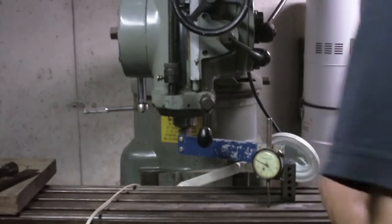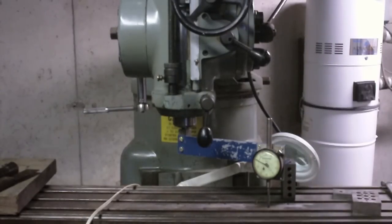And before I do that, I'm going to mic these 1, 2, 3 blocks because I've never used them before or checked them. So I actually have no idea whether or not they're even correct. Lots of times when you find these 1, 2, 3 blocks at yard sales, flea markets, whatever, they'll be over 1 inch,